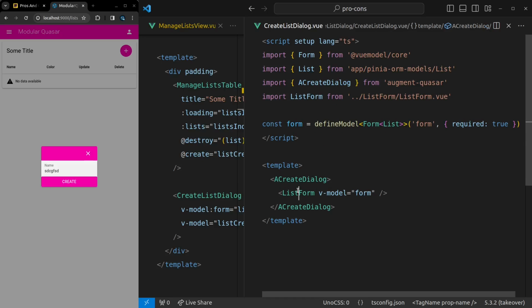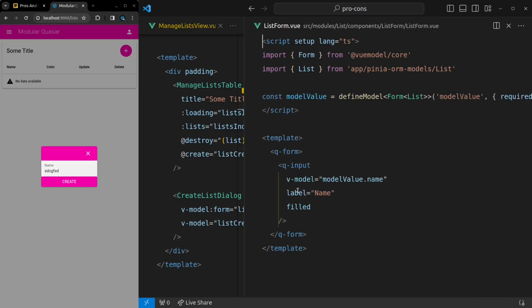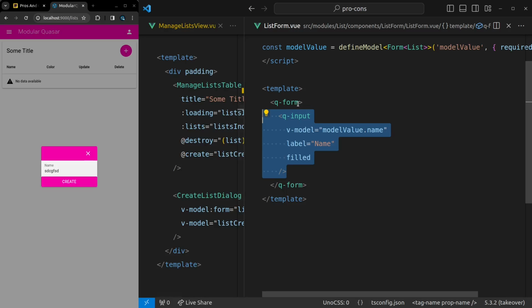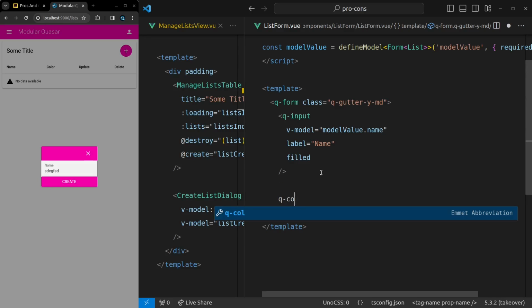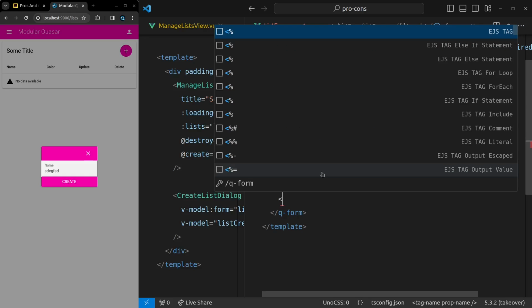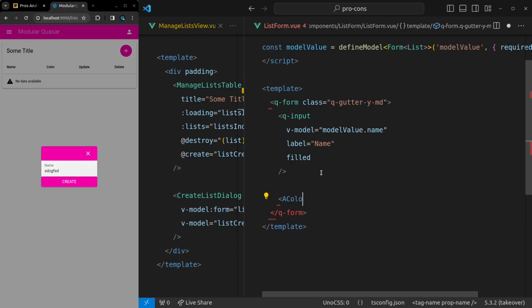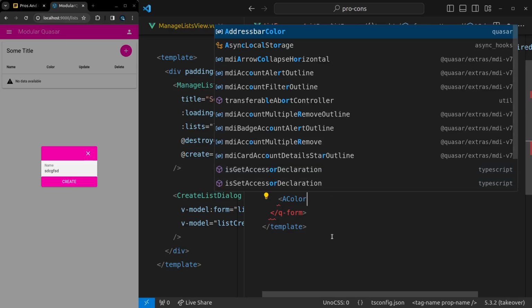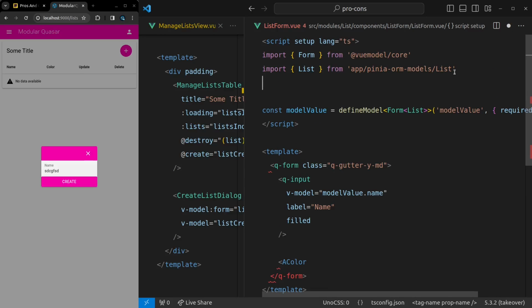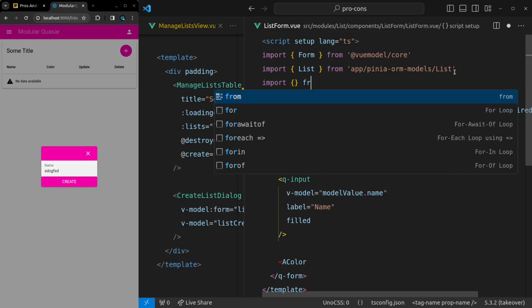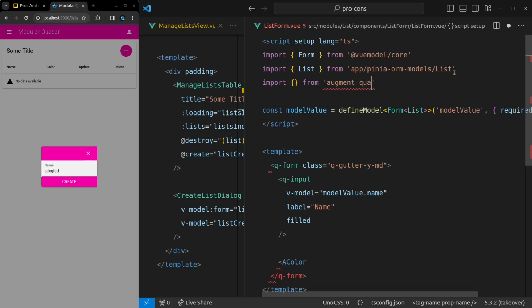So that's the form, and we wanted the color in there as well. That's right. What I might do is say class is equal to q-gutter-y medium, and then we'll just say I've got to augment Quasar component for this, which is a color. Bugger, it's not importing properly. Import from augment Quasar